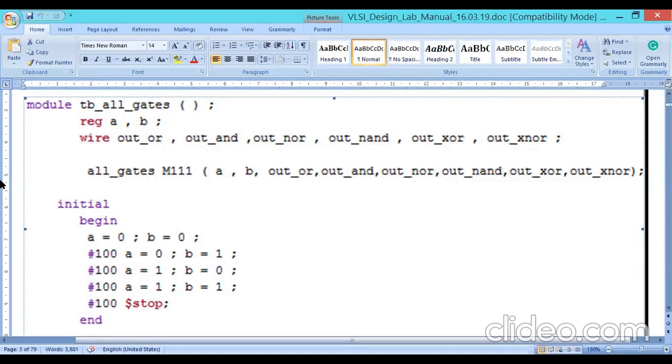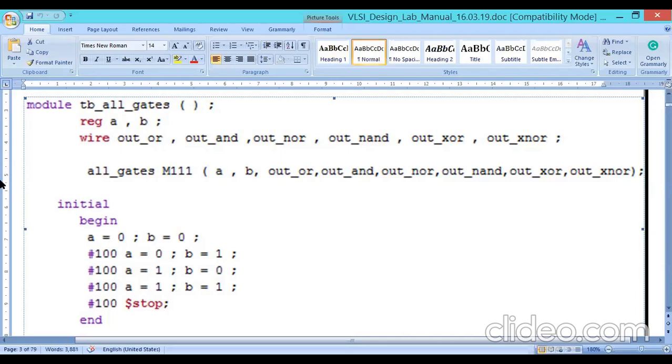We can't note down the readings because it will also close the readings window. Dollar stop closes the simulation but holds the result windows, so we can check, and once again we can simulate.